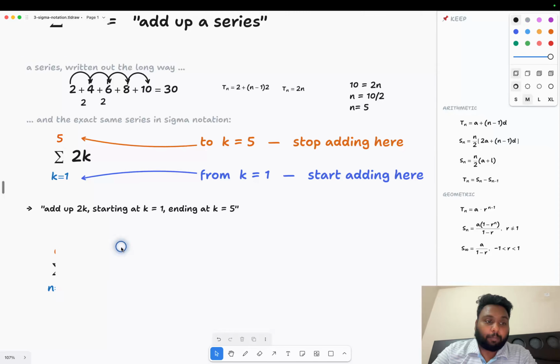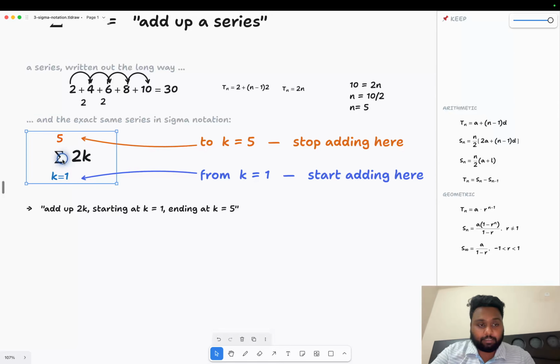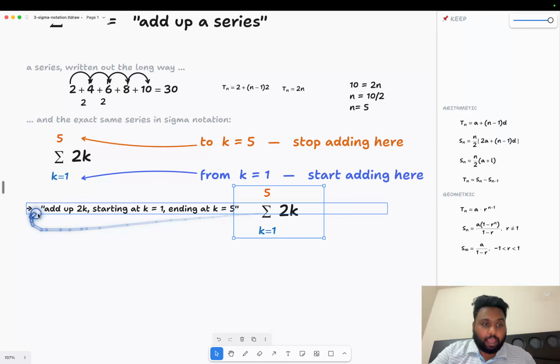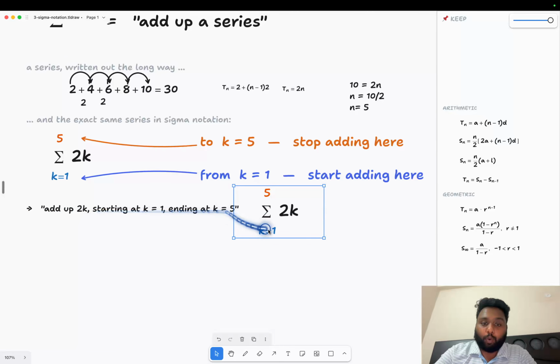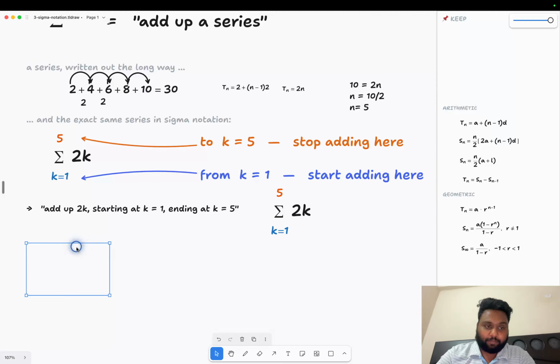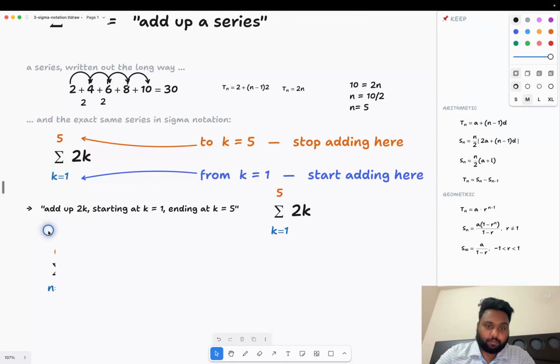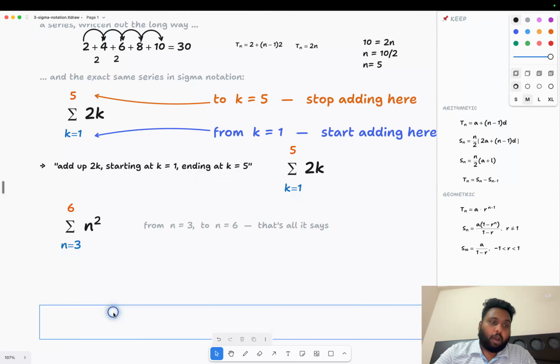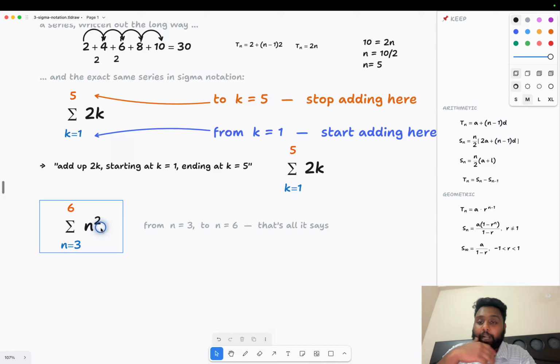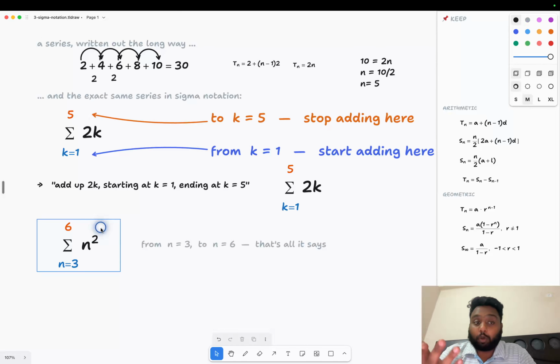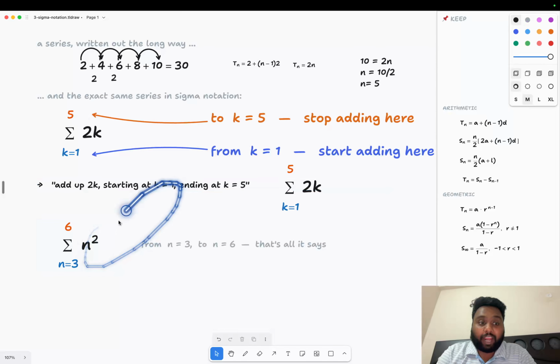And what does this represent? This given term just tells us to start adding 2k from k equal to 1 and end it when k is equal to 5. Now we can have the same thing for a geometric sequence or a series also, and for any generalized